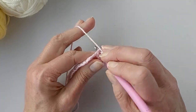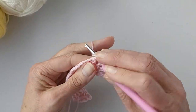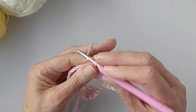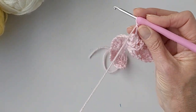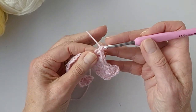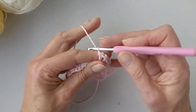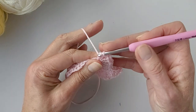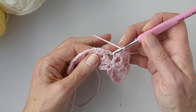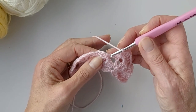There's our first V-stitch, and the shell is the same as before: 2 double crochet, chain 1, 2 double crochet, chain 1, 2 double crochet. It's our shell complete, and we will move across again, and we will skip our chain 2 space, our single